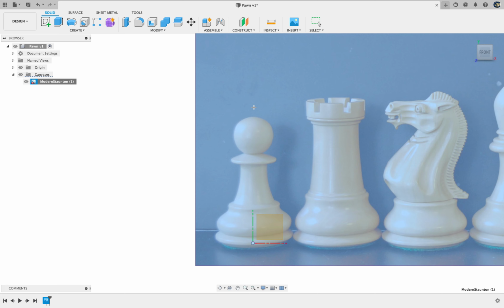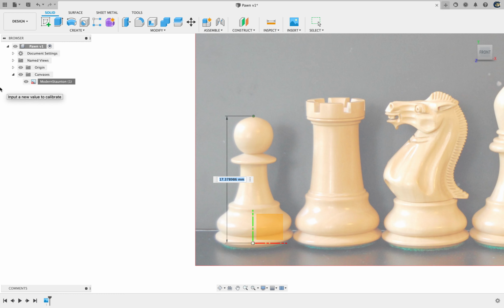So that very first point that I'm going to choose is going to be the very tippy top of the pawn's head. And the second point I'll choose is right here, just the origin. And right now you can see it thinks that from the top of the pawn's head to the origin is 17 millimeters. Well, we need to change that to 50 millimeters, so I'll just type in 50 there